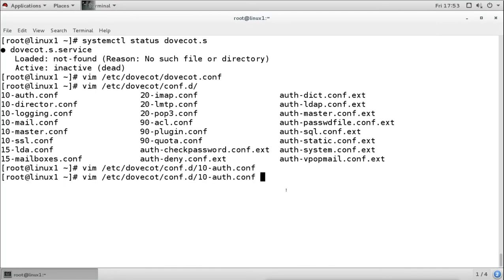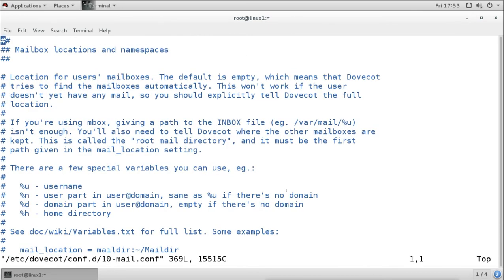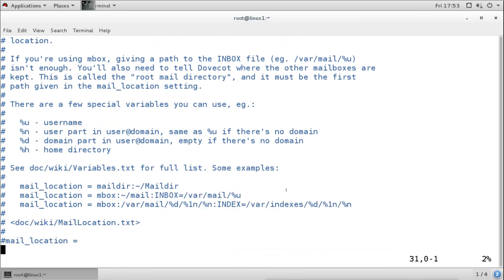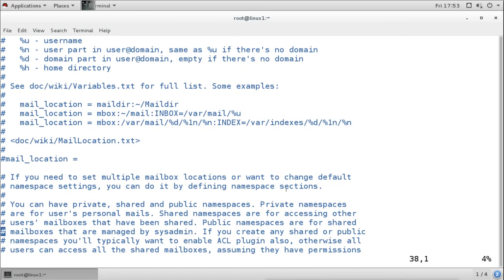Next we will open this file, mail.conf, and go to line number 30. We enable line number 30, and here we will add the option like this.